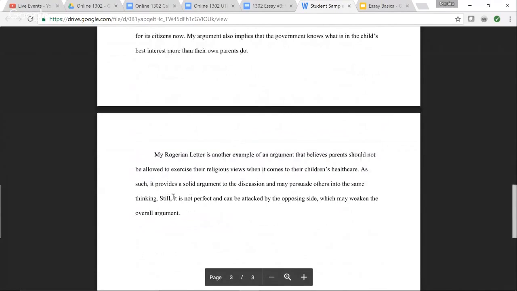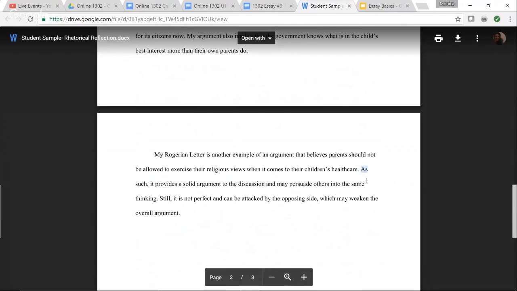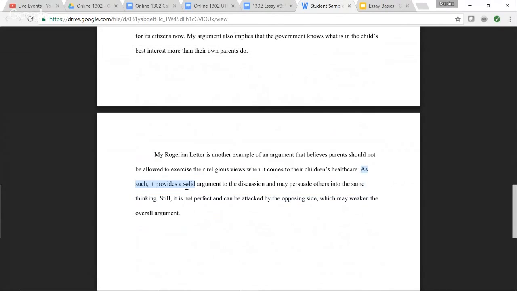And then, of course, her conclusion is about the relevance of her Rogerian letter, right? So, what is the importance of that Rogerian letter that you wrote? Why is it relevant? Why is it important that people stop and look at your letter? And how is it adding to the discussion? So here she's saying that her Rogerian letter provided a solid argument to the discussion and may persuade others into the same thinking that she had. Okay, so that's her